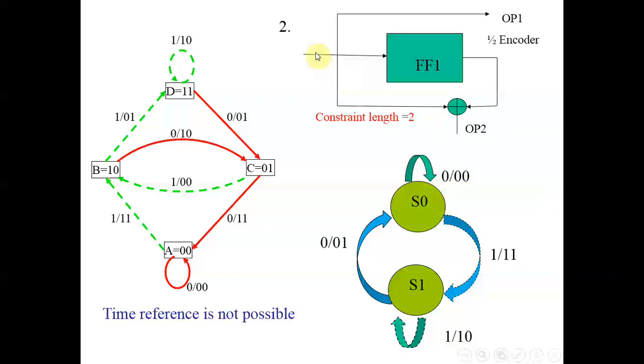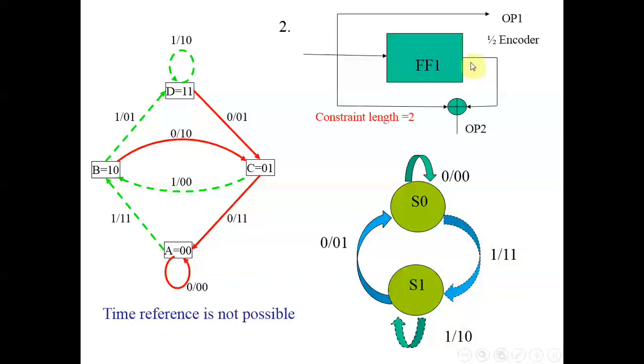Right? Now you apply 1, but you are in state 0. So when I apply 1, this output will be 1, this output will be 1 XORed with 0. So this output is 1, and this one is going to get transferred to this output in the next clock. So my next state is going to be S1. This is indicated by this transition. I am in S0, I am applying 1. So the output is 1 1, and the next state is S1, which is state 1.